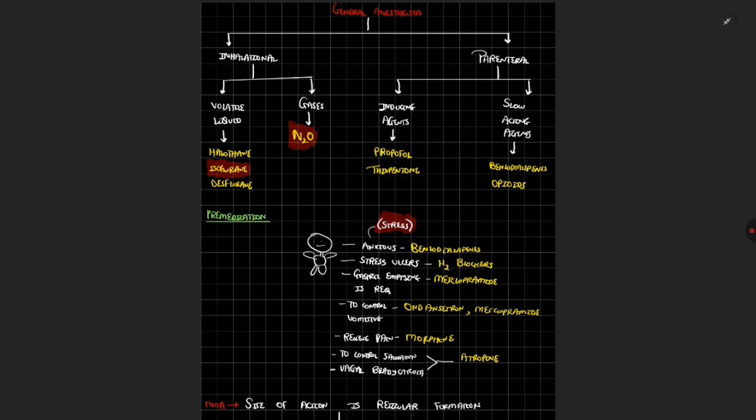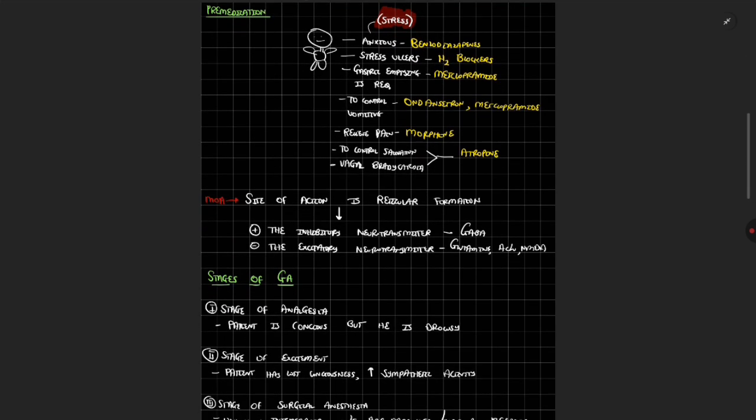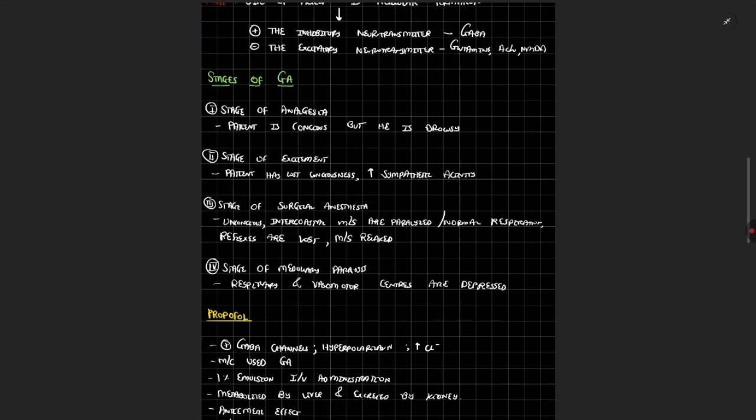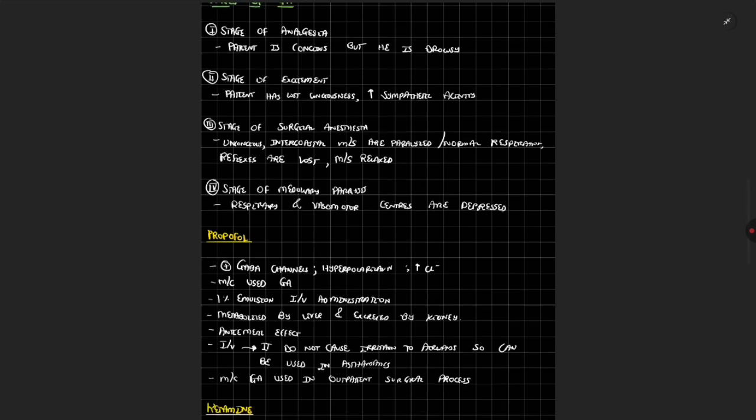Inhalational is further classified as volatile liquid and gases, and parenteral is classified as inducing agent or slow acting agent. Further, we saw pre-medication, then the mechanism of action of general anesthesia, and stages of general anesthesia, which included 4 stages: stage of analgesia, stage of excitement, stage of surgical anesthesia, and stage of